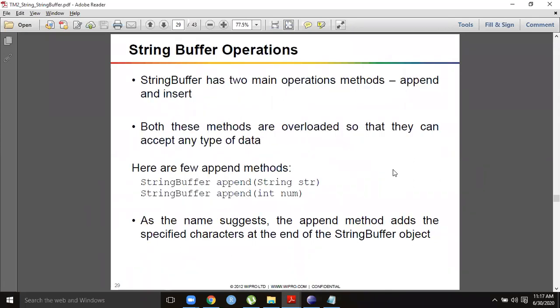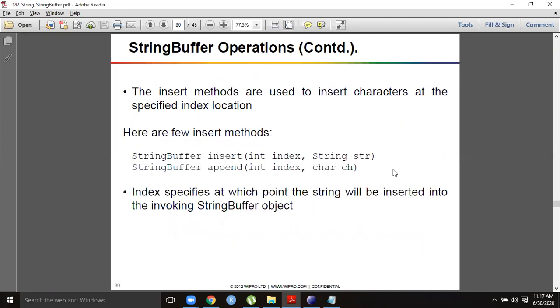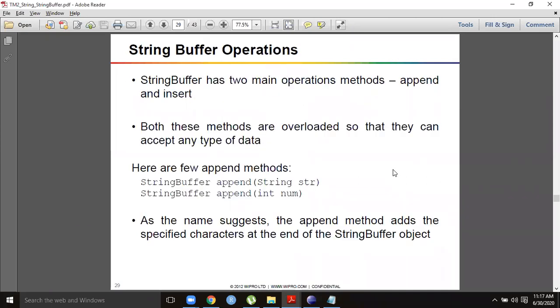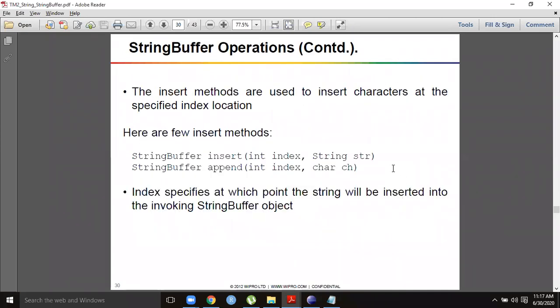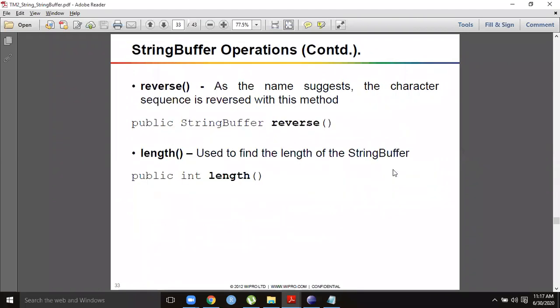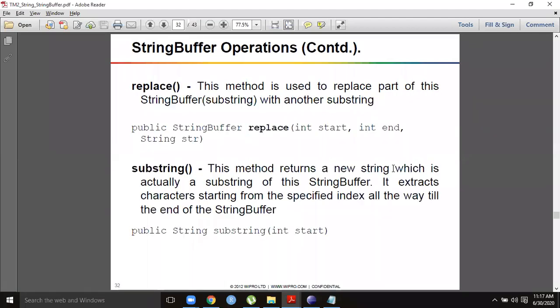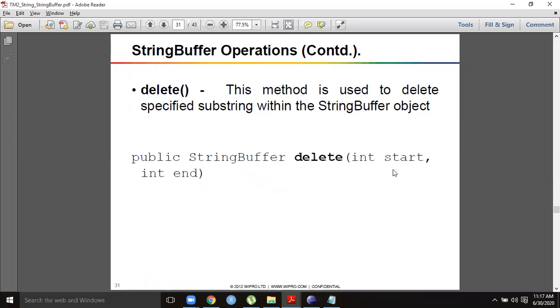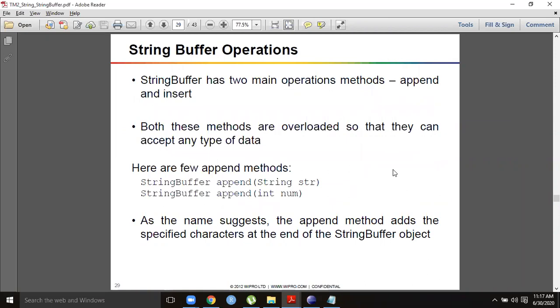There are some methods you can practice on your own: append, insert, delete, replace, substring, reverse. Reverse is not there in the String class because you can't manipulate the string, since it is immutable. But for a StringBuffer, you can reverse the content. Length, replace and substring are there; delete, insert and append are not there in String.